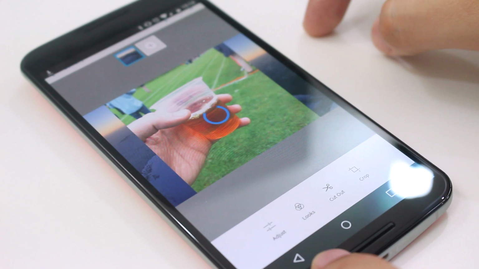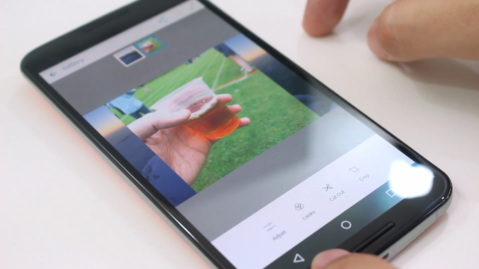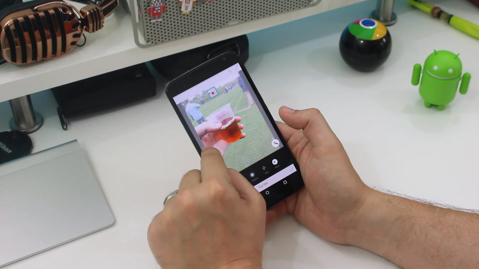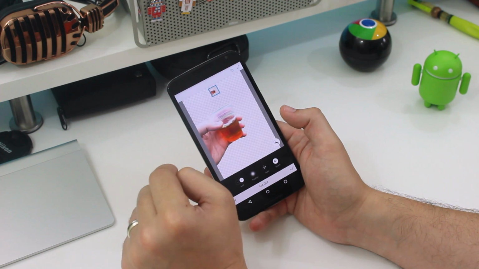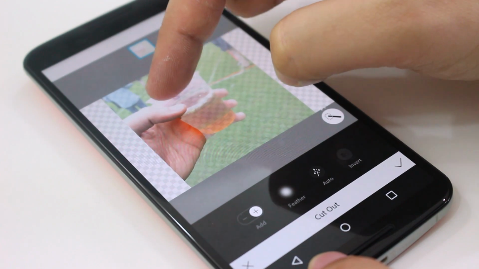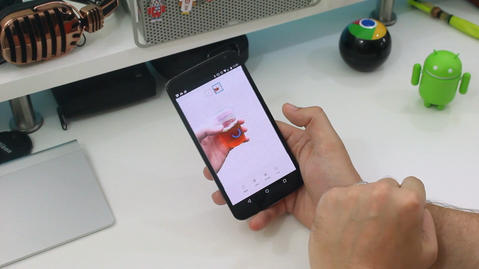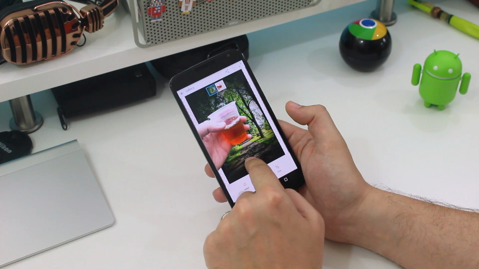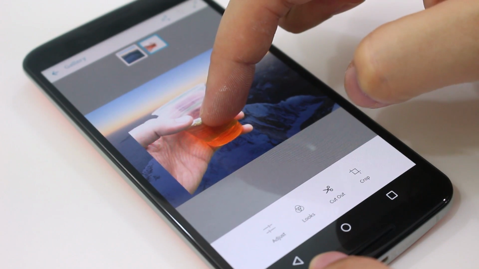Let's say, for instance, you have an image of yourself holding a drink at your child's sports day and you want to make it look as though you're somewhere far more interesting. You can select the part of the image you want to cut out by using the Smart Select tool. Simply color in the area you need and it'll automatically remove the background. As an example, you could add in a background from a local beauty spot or from the top of Everest,